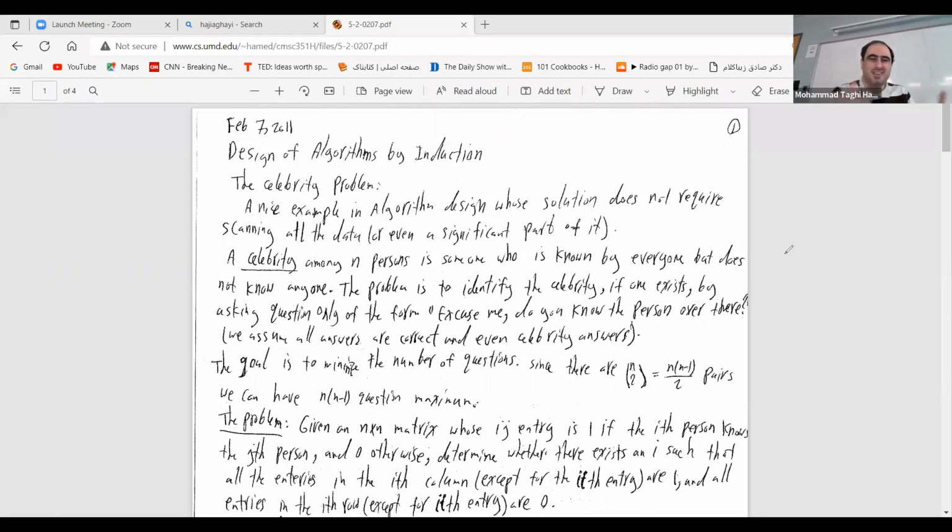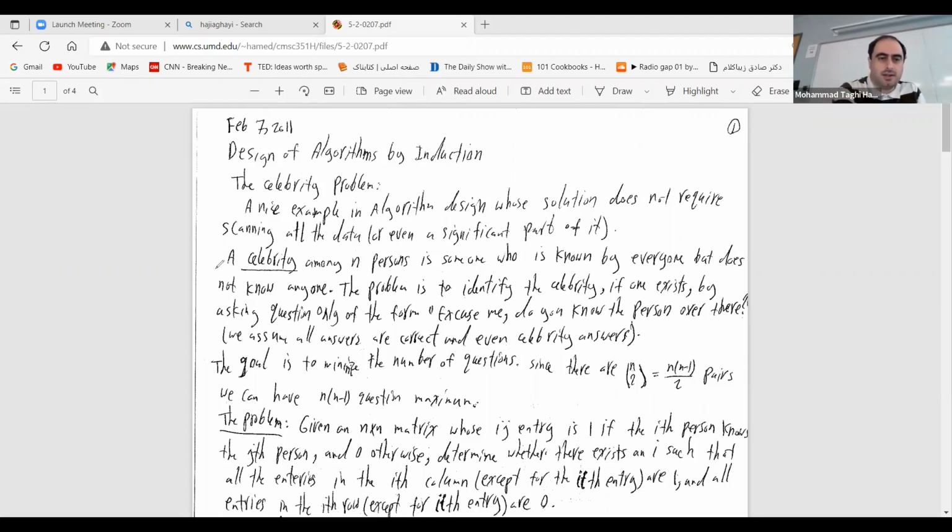Also, these are nice problems. Again, the view is important, that you need to have the right view on the problem. Otherwise, even the implementation might be hard if you don't have the right view. Good. Now, let's talk about this problem.